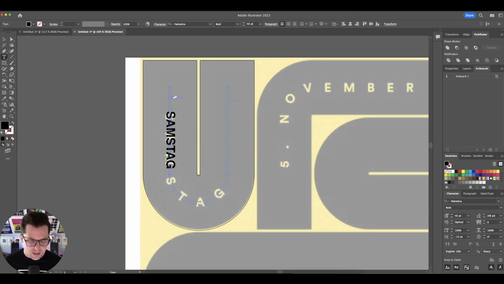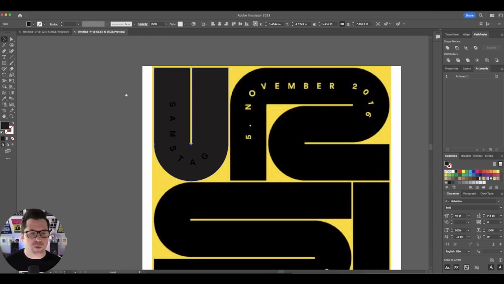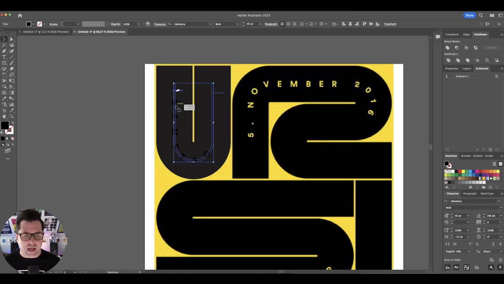So I'm going to hit T on my keyboard, and we're going to go into this text so that it's editable, and then go to the space right after the S there. All we have to do is increase our kerning. Setting the first one will give you a good idea of what you can enter for the next one, and then you can go in and adjust from there. As you can see, this one is going to be fairly large numbers. And you can just go in and refine it exactly how you want it. No, not 10,000, 1,000. And now we've swapped the fill and the stroke on that U, and now we'll just